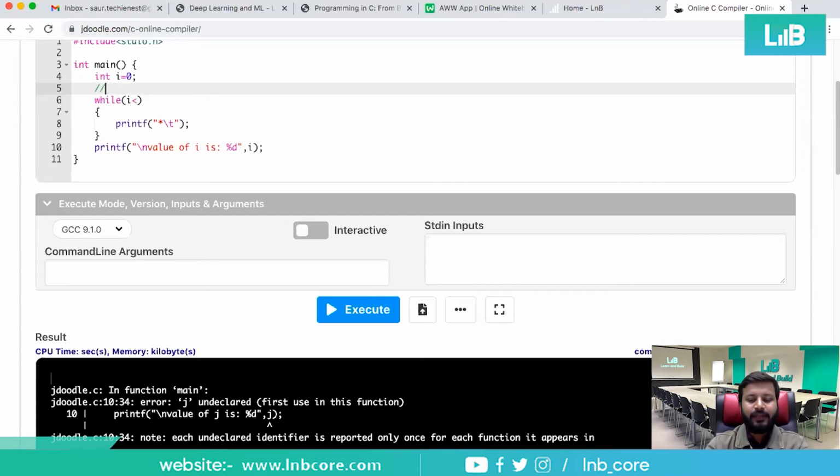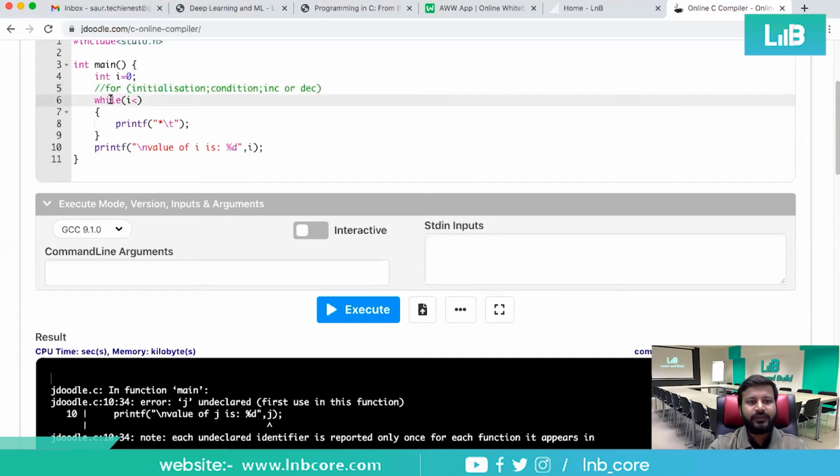This double slash is called a comment. Comment means whatever you have written after the double slash in the code will not be executed and will not give any error. Okay, so what we have written, we were using the for loop here: initialization, then condition, then increment or decrement, right? So we have seen an example for increment only as of now.